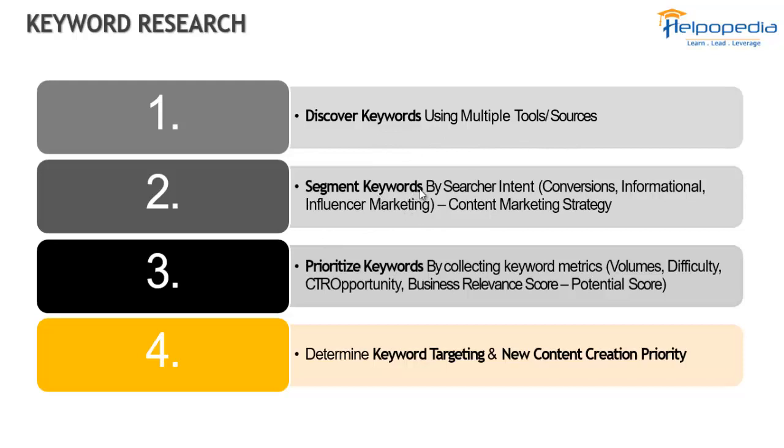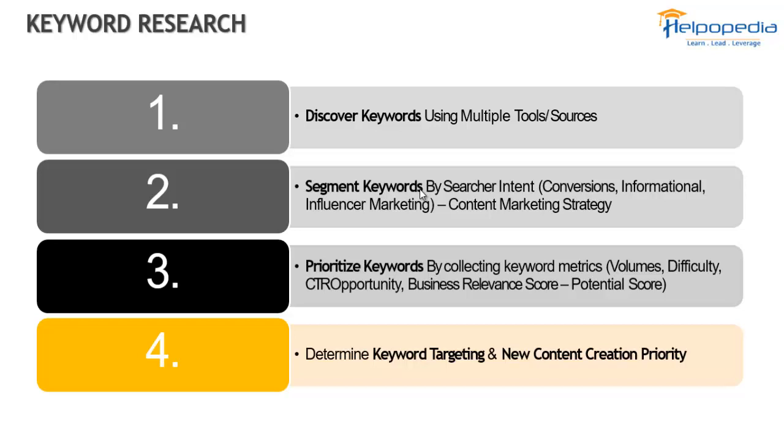Keyword segments, so we need to have keywords related to our content and our categories, so that it would be in a particular order. Then prioritizing the keywords by volume, difficulty, CTR, and opportunity, that is the search volume and the competition that we have seen. In that particular order we should use the keywords. If one has the highest search volume and the competition is low, then I can use that keyword as my primary keyword, and the other keywords which have slightly lower search volumes and low competition, I can use as secondary and tertiary keywords or long tail keywords.